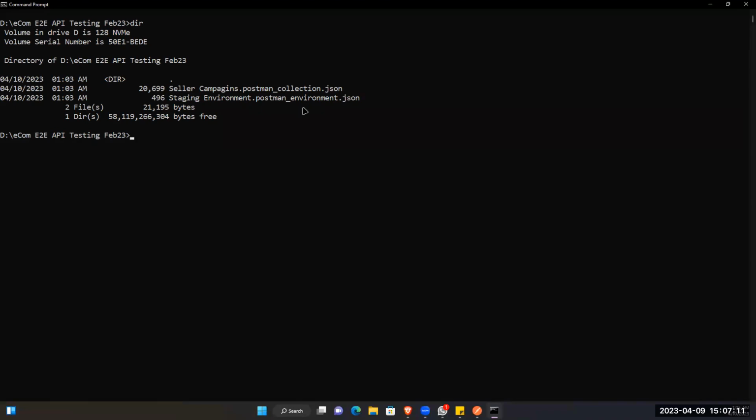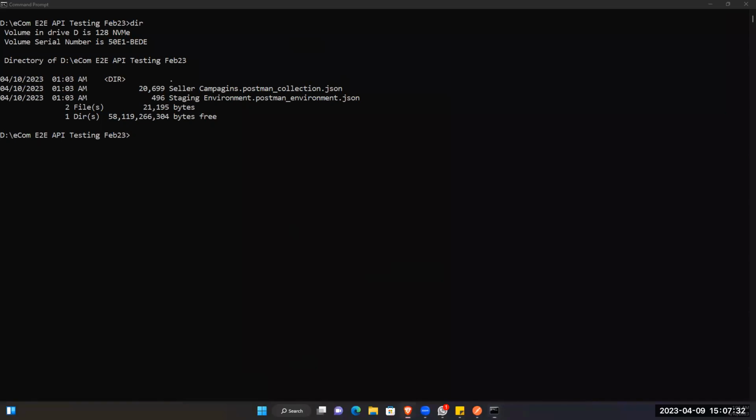Okay, so now I can run Newman. But before I run Newman, I need to download and install Node.js, and also install Newman on my machine. If I have done it once, I don't need to do it again. But if I am new, I mean I didn't download or install Node.js or Newman, I have to do this. Okay, so for that,